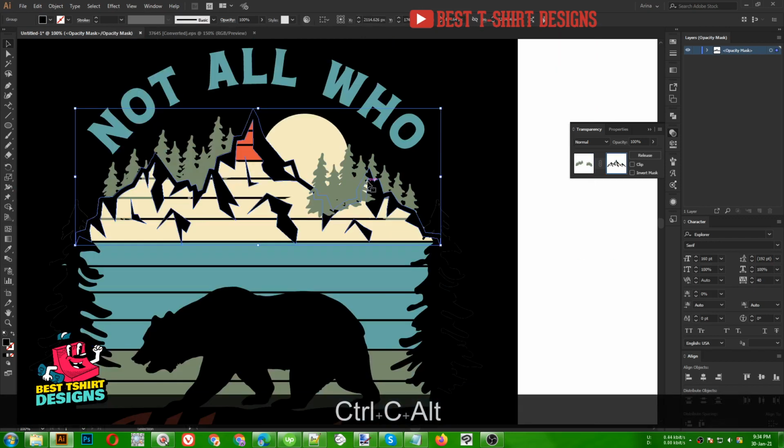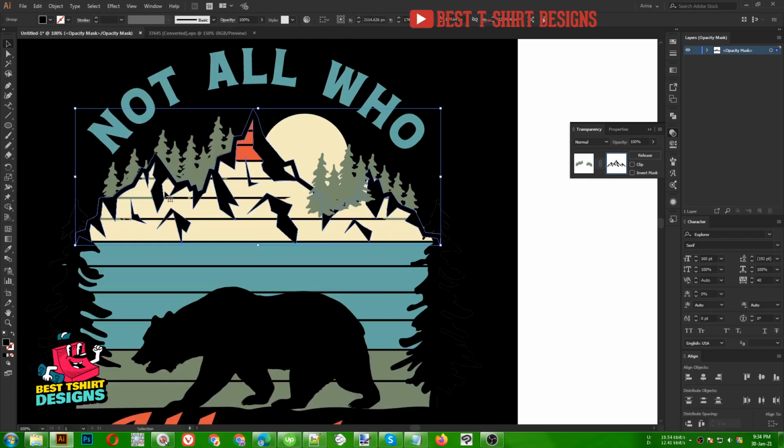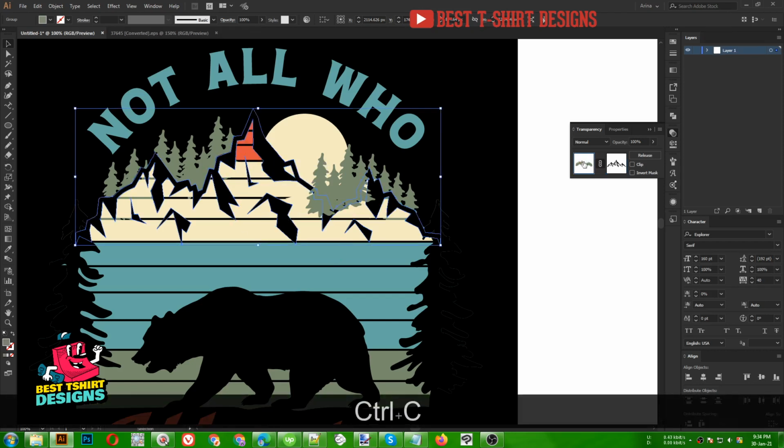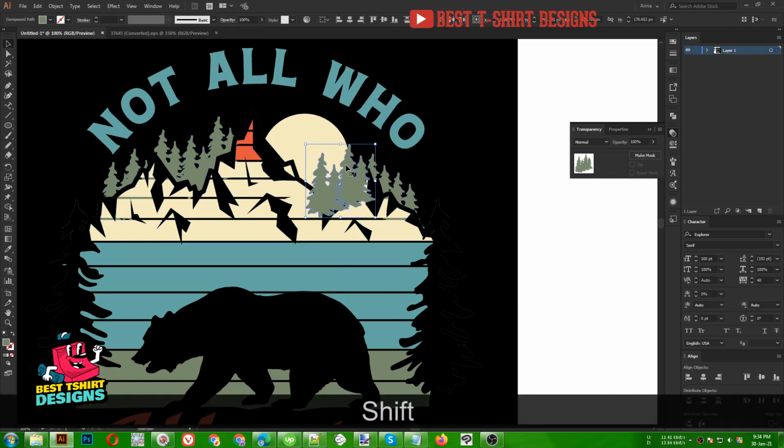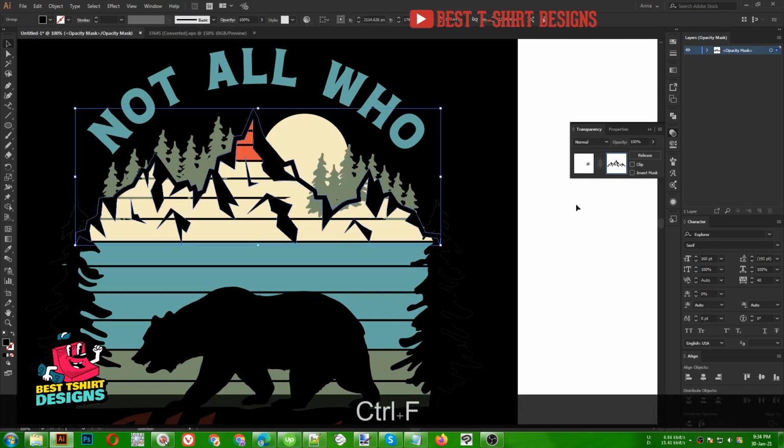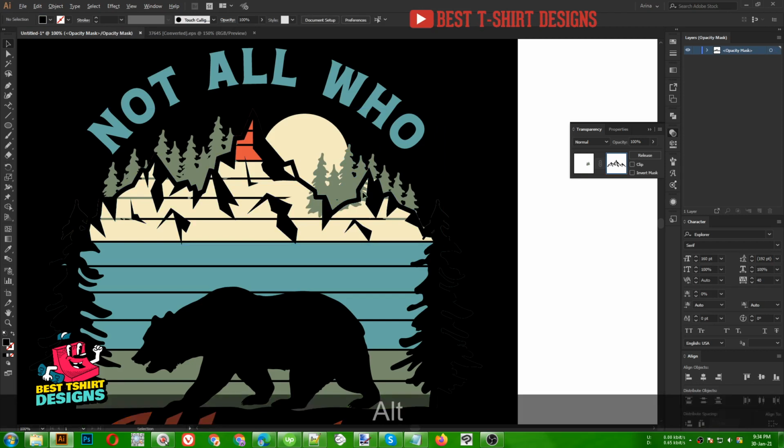I need to copy this mountain because if I keep pasting mountains from outside, then it will not match the size. But if I keep copying this one, then it will be the same every time. So I'm selecting this one, copy, click here. Now I'm going to select this and this tree, these two, make it a group, open the transparency for it, press Ctrl F. So it is going to paste in front of the trees, but this